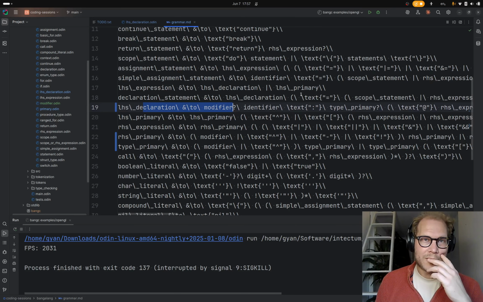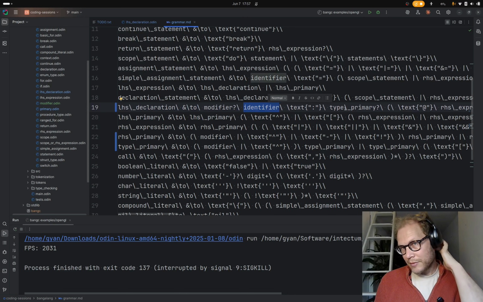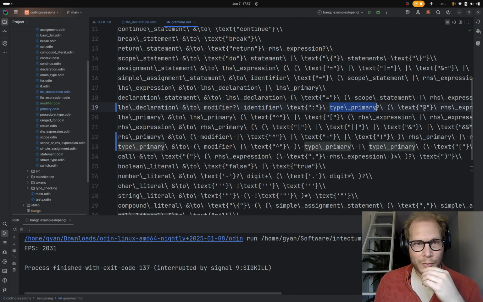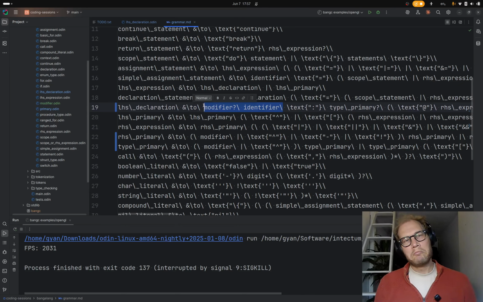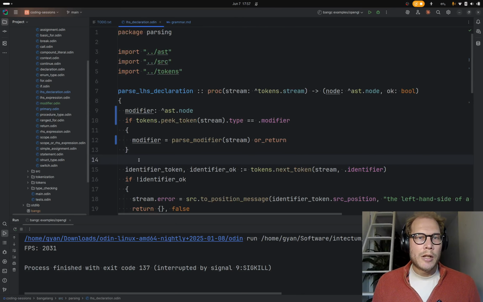A left-hand side declaration has a type primary, which can start with a modifier, but this is after the colon, so this is really limited. All right, so there are the 2 places that they can show up.